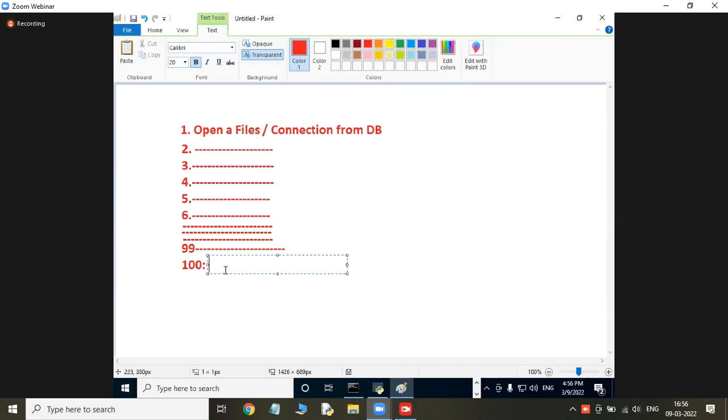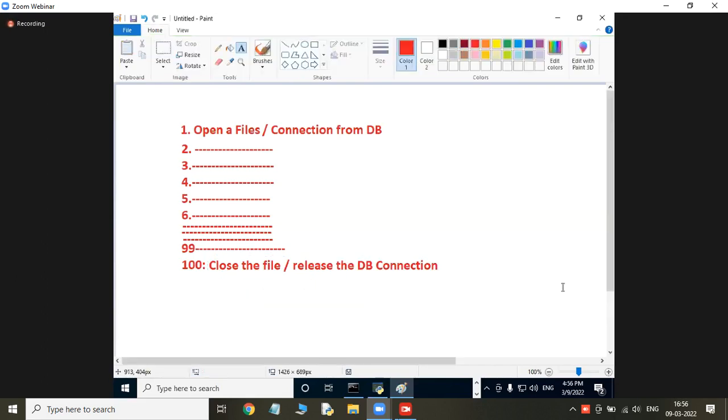So I will write in line number 100: close the file, nothing but release the DB connection. Getting my point? You opened the file in line number 1 and you closed the file in line number 100.